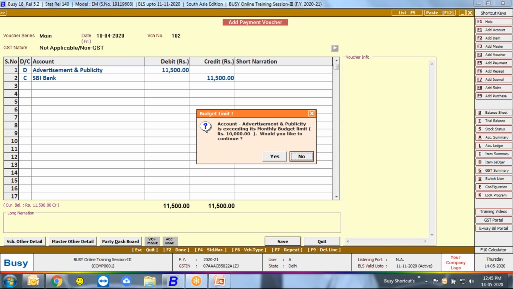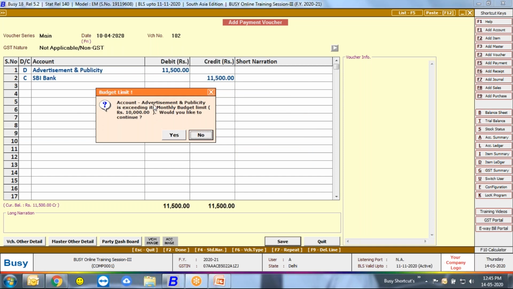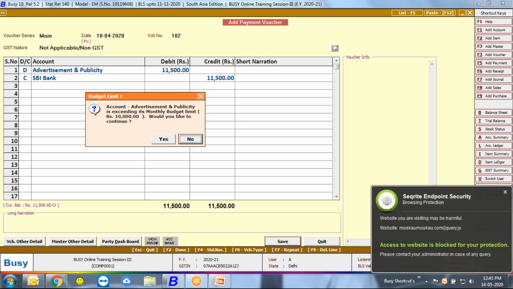So there is an indication, a pop-up. You can see that the budget limit, account advertisement and publicity is exceeding its monthly budget limit, because you already defined your budget limit for the month of April as 10,000, but in the actual scenario it is 11,500. It's okay. I said yes, no issue.